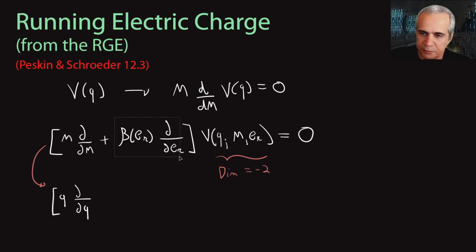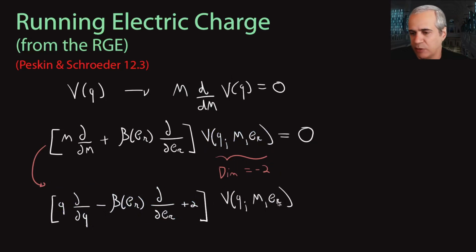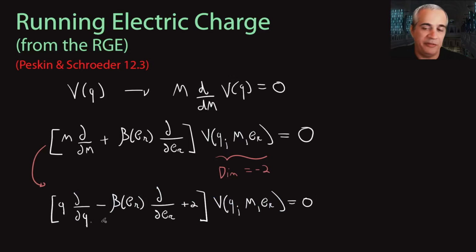This term is the same. There was an overall minus sign that I compensated here, and I get this +2, which is coming from this dimension. So same trick we used last time. And that is a nice one because it allows me to write this equation in terms of the physical momentum,